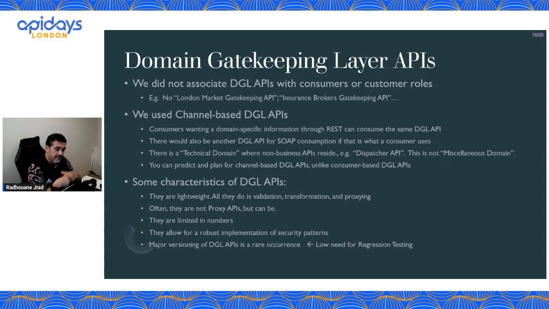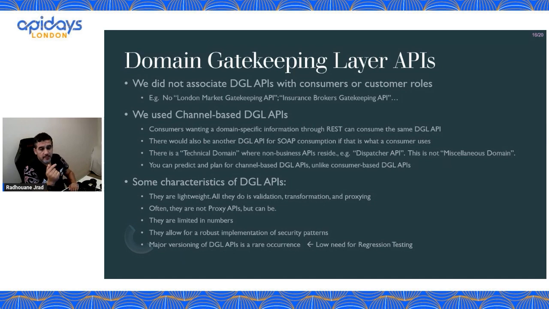If you start having heavy load working on those APIs, beyond some basic validation and transformation, then you're going to create a dependency on that API, and suddenly, every time you have a new consumer and want to change it, you have to check with the other consumers of that API. That's the key thing, to keep it very lightweight, extremely lightweight, almost proxy-like.